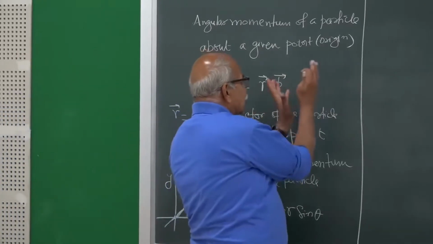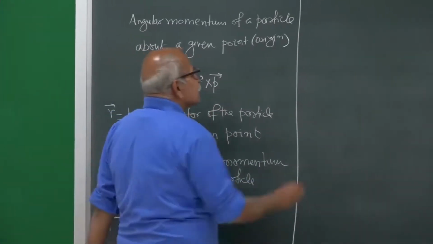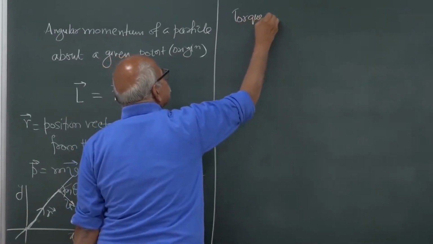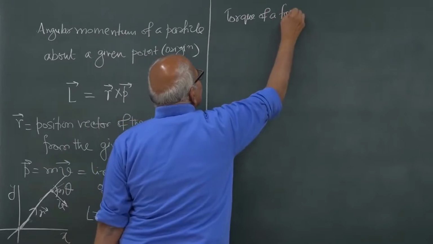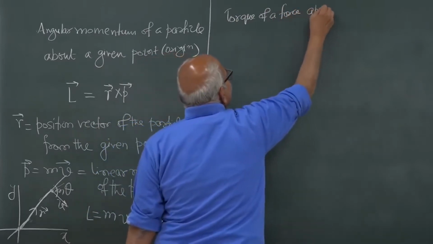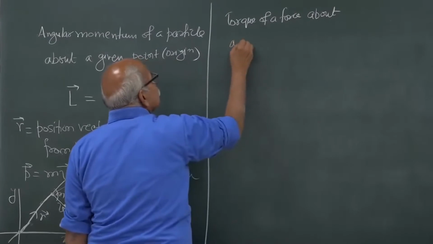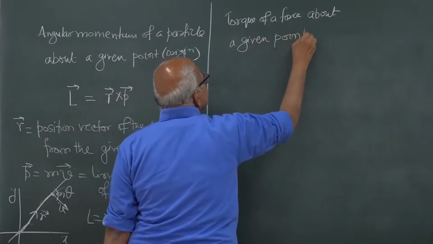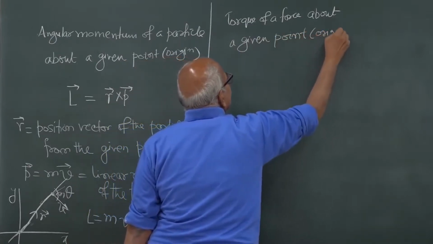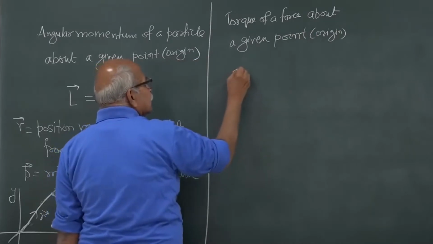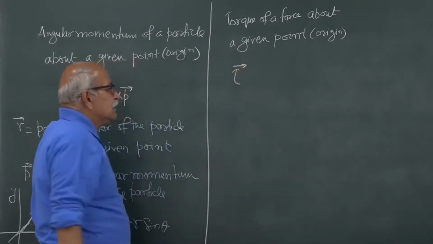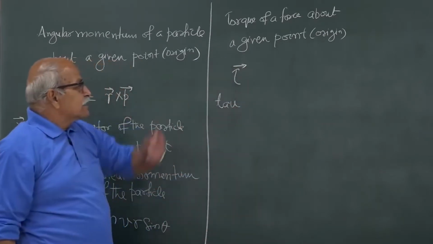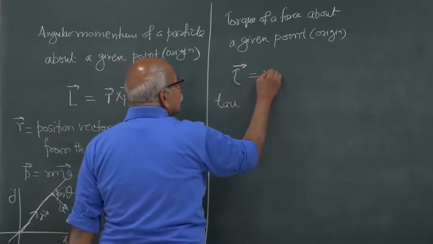Correspondingly, there is a similar looking quantity that we also define, the torque of a force. Once again about a given point, which we will take as the origin, and that is written as tau vector. We read it tau, T-A-U, Greek letter tau, and then the vector sign is equal to r cross F,